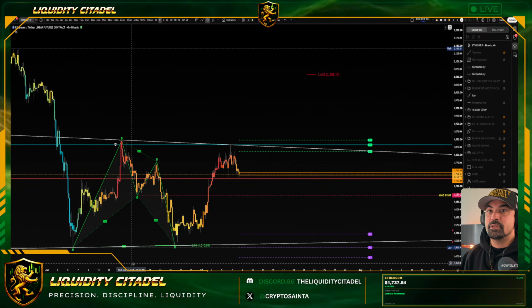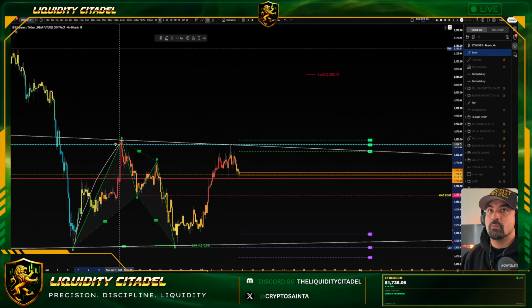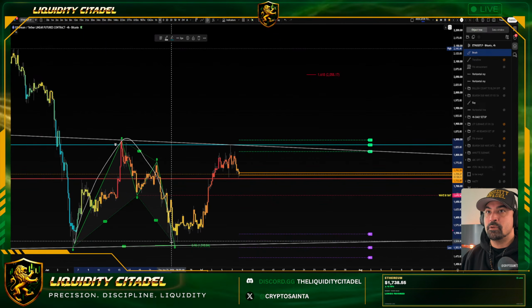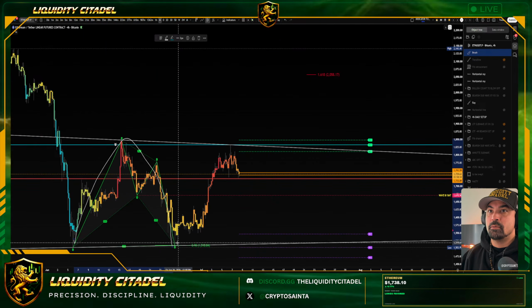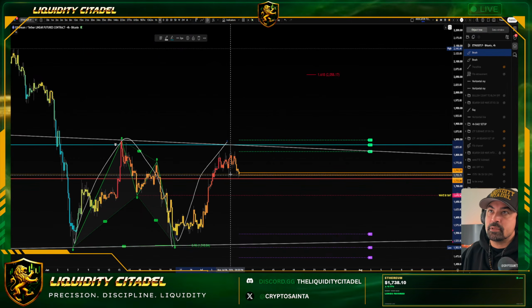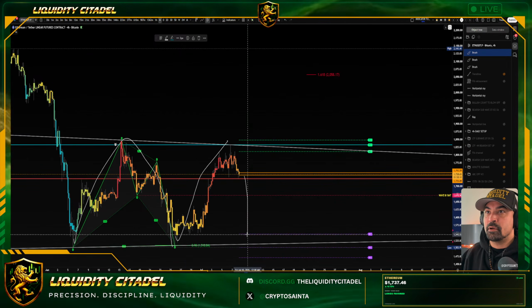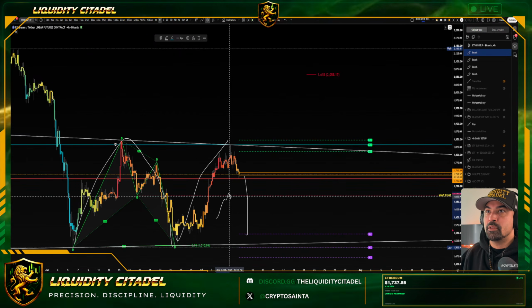See, all this could be a wave 2, right? 1, and then there's your 2, right? All right, well, 2's done, then we should be in 3, right? Well, yeah, technically we should. But I think we revisit this area. We fill in this gap right over here,